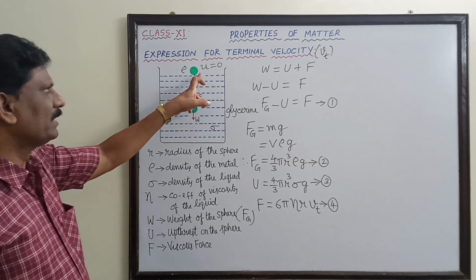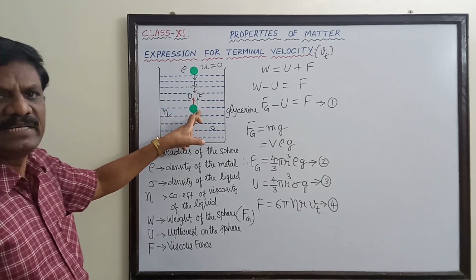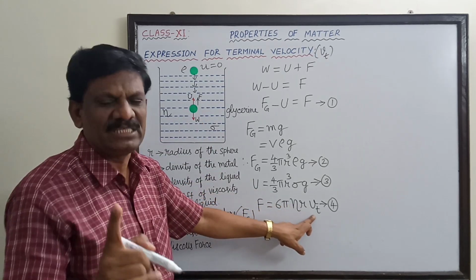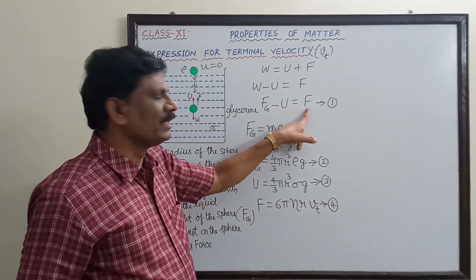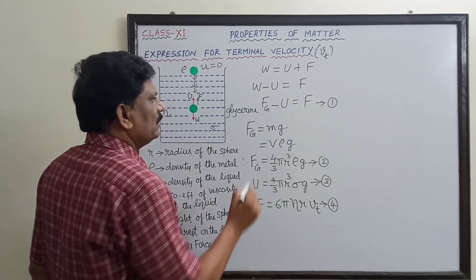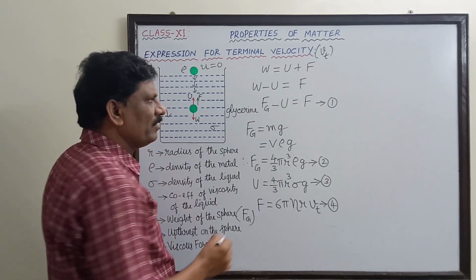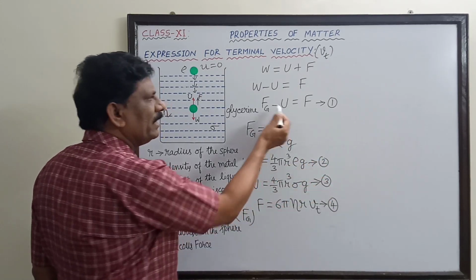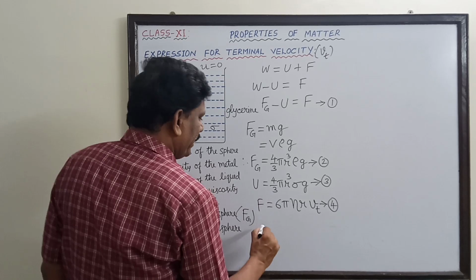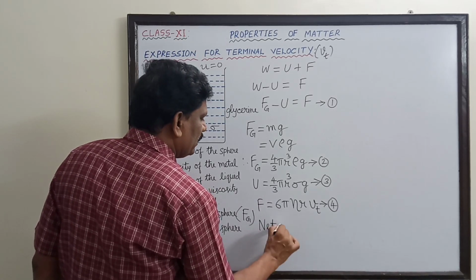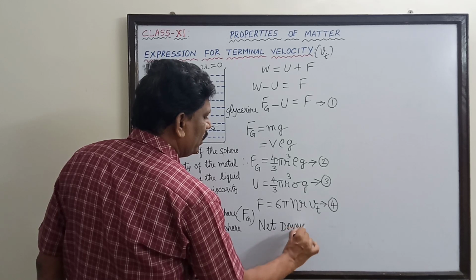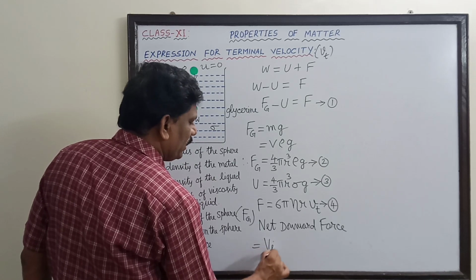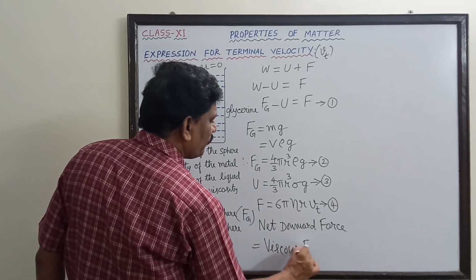When the sphere's velocity is continuously increasing, at one stage it will attain a maximum velocity called the terminal velocity, at which the net downward force is equal to the viscous force. So, this Fg minus U is called the net downward force, and F is called the viscous force. In this equation, I am going to substitute 2, 3 and 4. So, I will write once again: net downward force